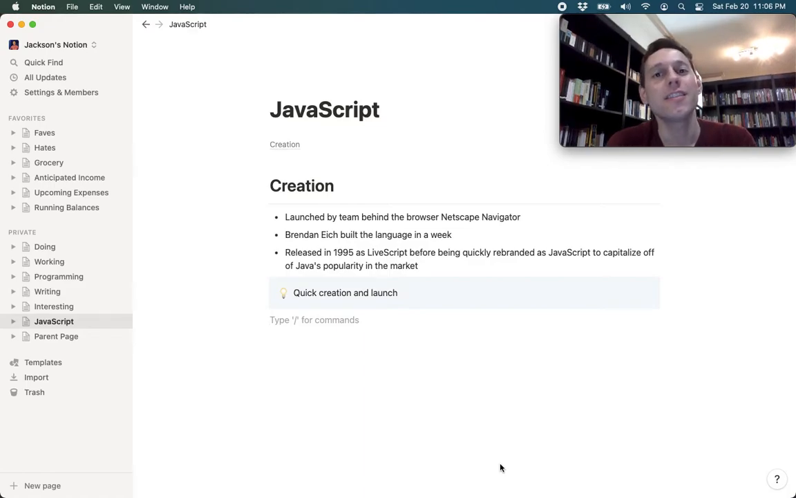Hi, today I'm going to show you how to create some templates using Notion. Notion is a really great productivity app. I use it for notes and to-dos and a bunch of other things. And while it comes with a bunch of templates that you can use out of the box, I like to